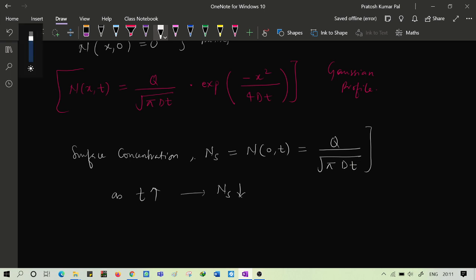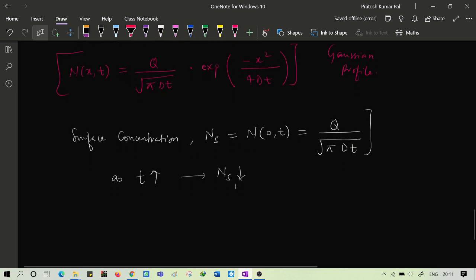So next point we will see, if we consider the value of, yes, so we have considered this dopant concentration at a time period like some value. If the time is increasing, the surface concentration of dopant will be reducing. Okay, and now we will consider the junction depth, or we call it the diffusion depth.